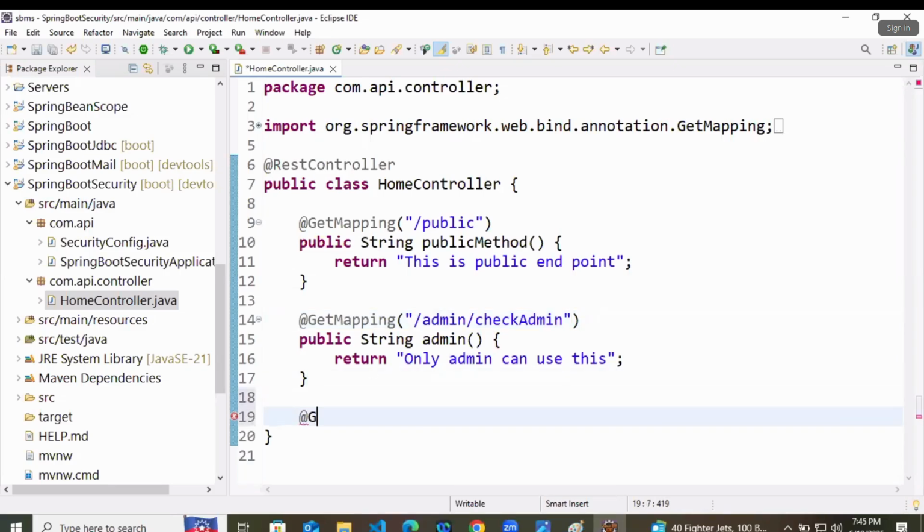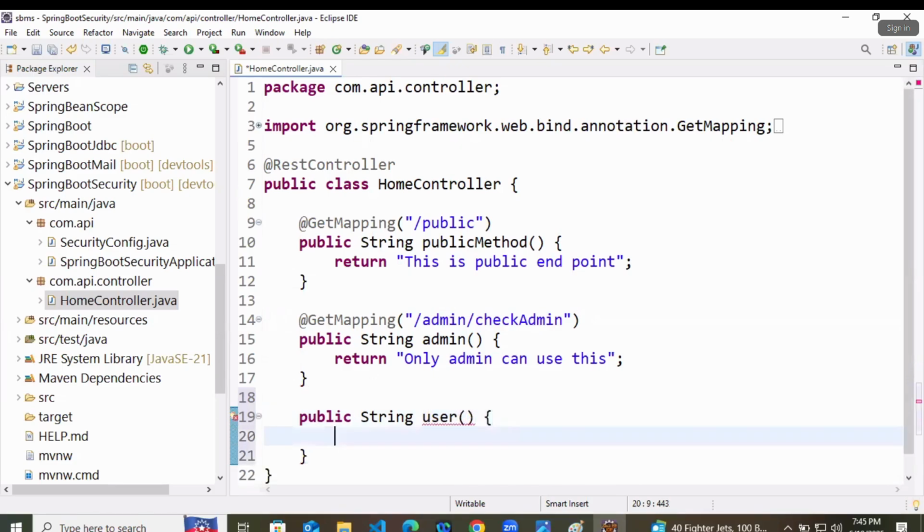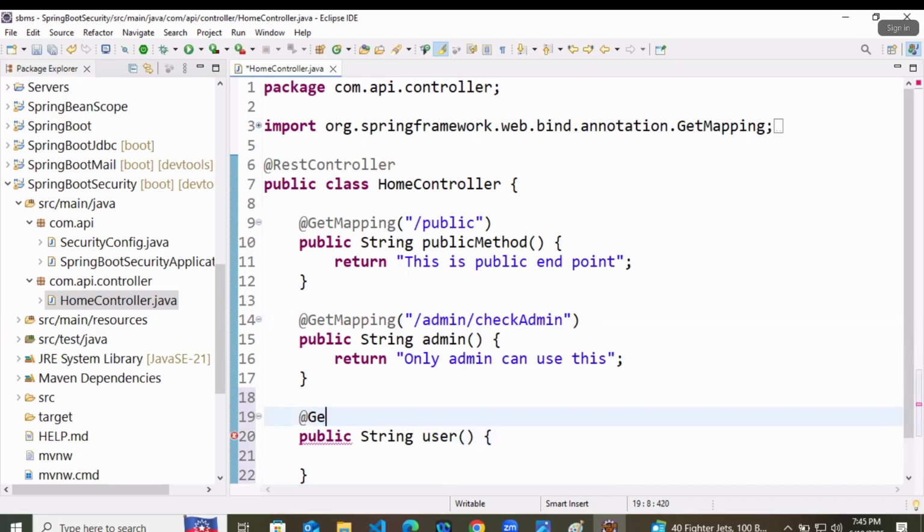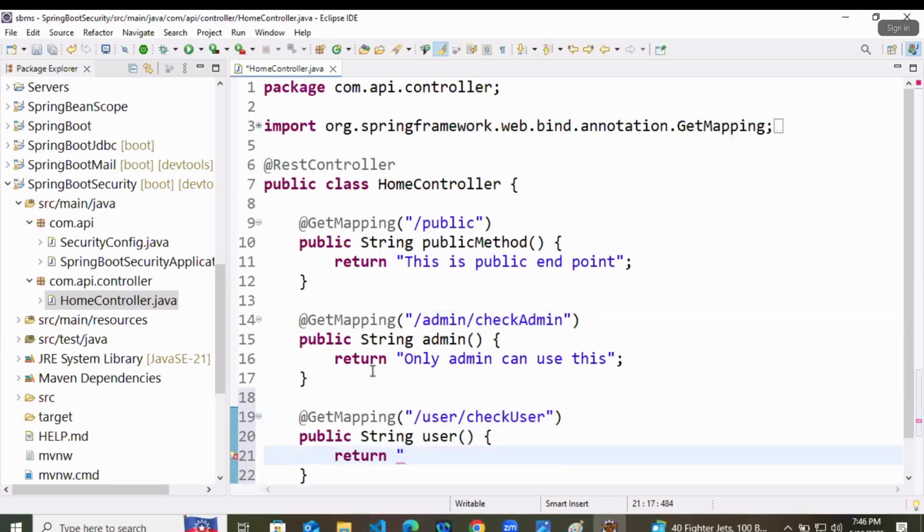And we will create one more method, that is public string normal user, and it is also going to have one endpoint, that is slash user slash check user, and it is also returning one normal string: this is user's endpoint, like this.